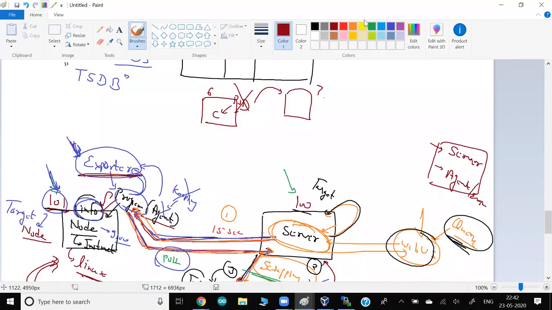Now in this case, you tell your Prometheus server that you have to monitor 6. After the node fails, the next node or pod automatically starts, and then the IP becomes 7. According to the server, whom to monitor? It keeps on monitoring 6. Because the IP changed, it wasn't able to find the new IP. So this is called the dynamic world. Right now the world wherever we are living is the dynamic world.